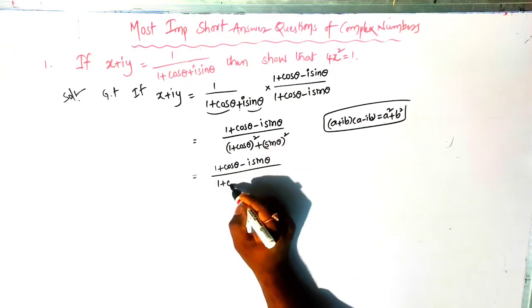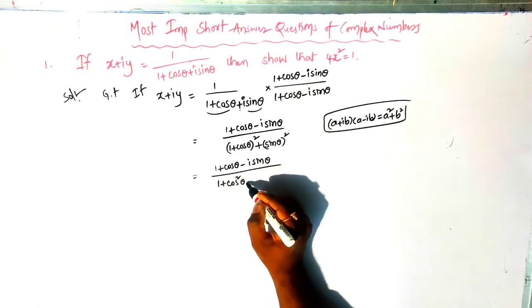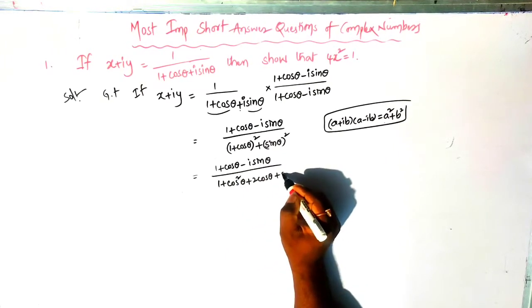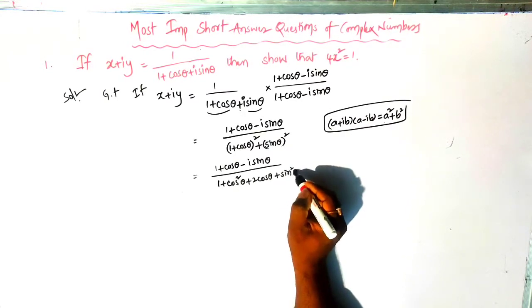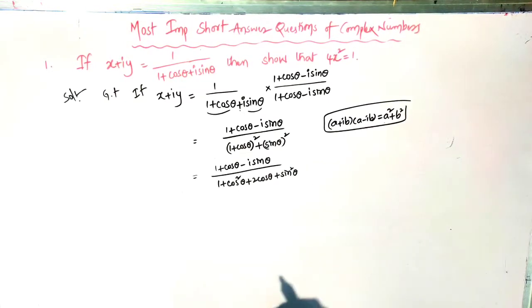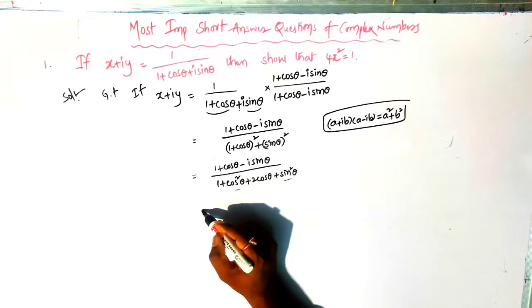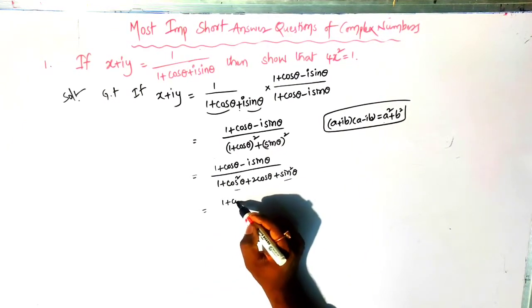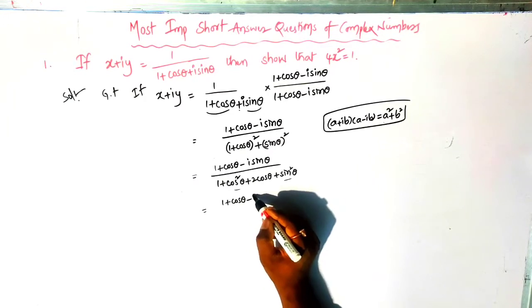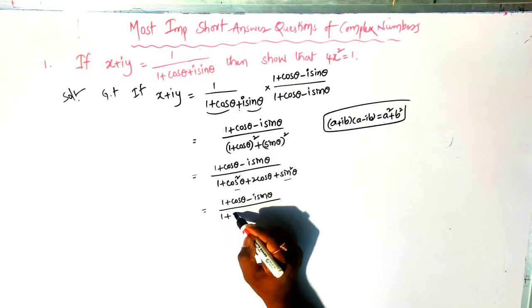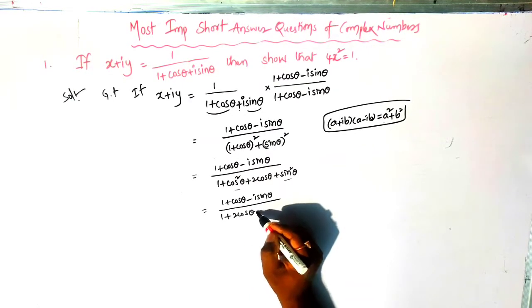is nothing but 1 plus cos square theta plus 2 cos theta plus sin square theta, we get here. Okay, so cos square theta plus sin square theta is nothing but 1. So 1 plus cos theta minus i sin theta divided by 1 plus 2 cos theta plus 1, we write